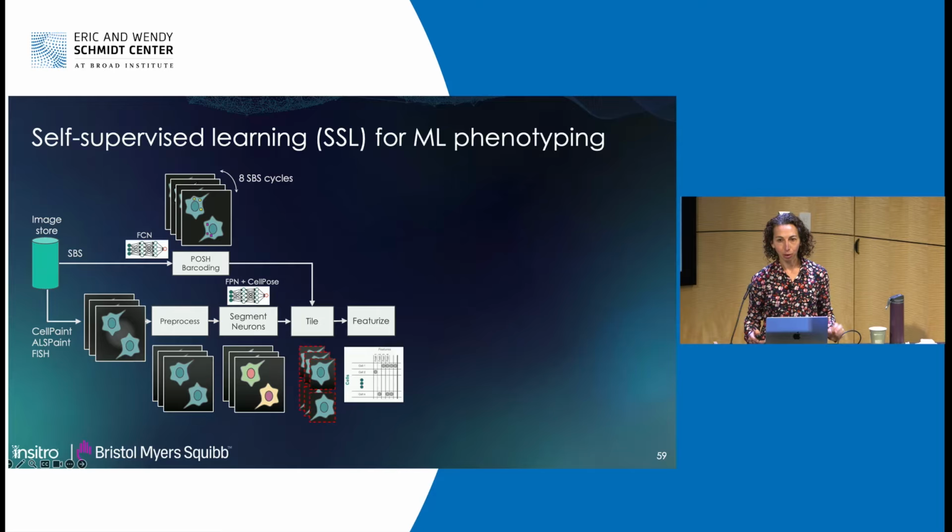Okay, but so far, when we've talked about the effects of these perturbations, we've talked about them in terms of what we refer to as an anchor phenotype, which is some known biology of the disease, such as STMN2 full-length and cryptic exon. But of course, we're also interested in learning novel aspects of disease based on this rich imaging and omics data that we're collecting. So to this end, for both our imaging and omics data sets, we can use self-supervised learning to train embedding models to try and get at machine-learned phenotypes and screen on those.